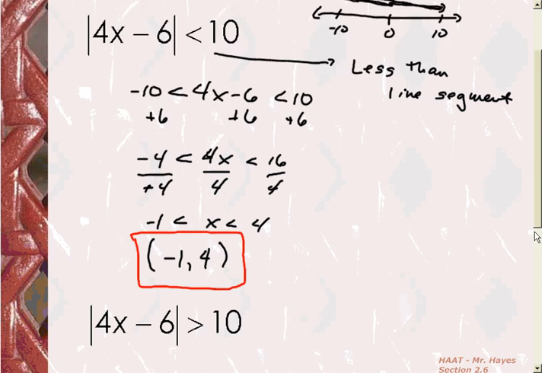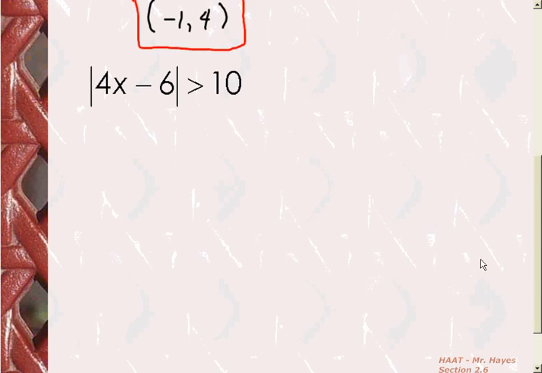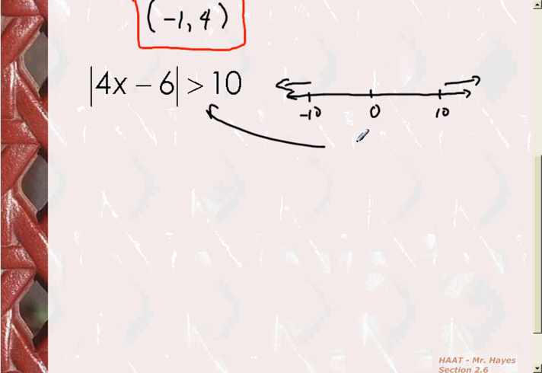Now, what's the difference between that and having a greater than sign? The difference is this. Again, we're talking about the distances away from 0. So we're saying it has to be bigger than 10, which means it has to be somewhere over here, or something bigger than negative 10, because that says distance 10, so it has to be somewhere over there. So it's broken up into two different parts. The way that I suggest that you remember that is that you're going to say greater than gives you a gap. See how I have a gap between -10 and 10,